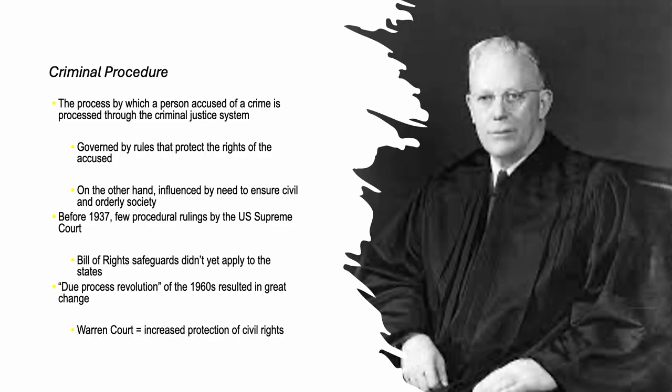So again, court cases, criminal procedure, what does it mean? What does it all relate to? Well, it's really the process in which a person is accused of a crime and then processed through the criminal justice system. I don't know if you remember that slide I showed you where it shows the arrest, then the investigation, then it going to a district attorney, and the district attorney makes a determination whether it's going to be filed or not filed. That's what criminal procedure is about. It's really about the rules that govern the rights to protect the accused. When and how are they going to be tried? Is there enough evidence to validate the need to move forward into a court case?